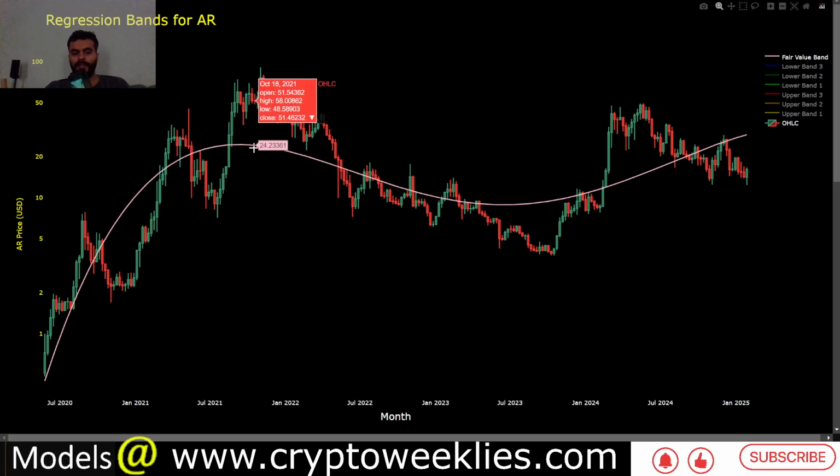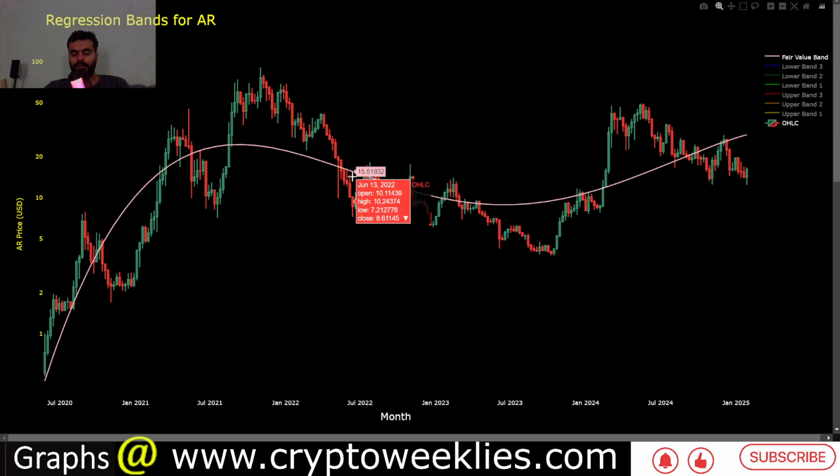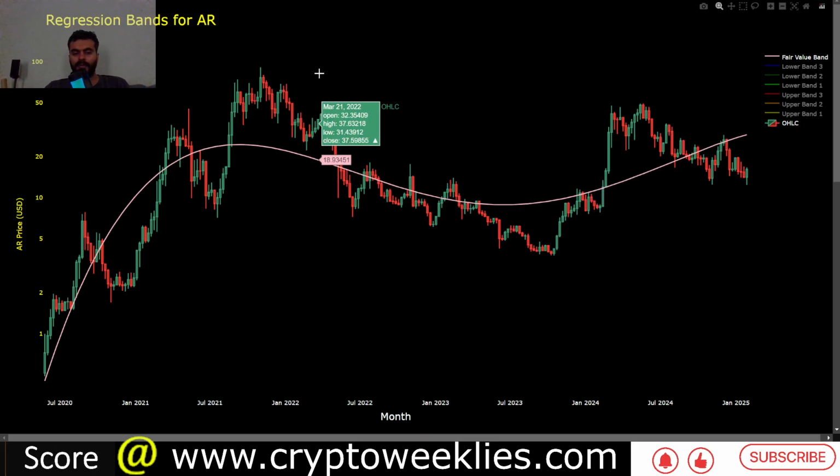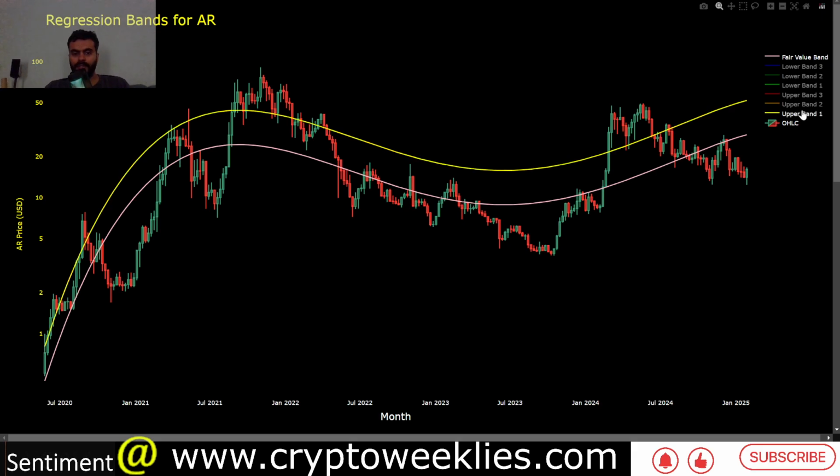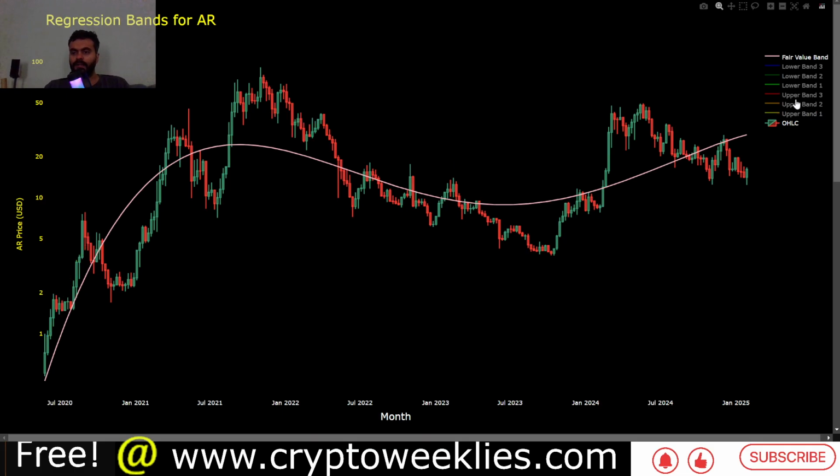In the bear market, the fair value goes down with time, so as to enable estimating a buy zone ideally below this pink line, and a sell zone above this pink line, based on some residuals, again one standard deviation residual to the upside, to help identify where the cutoff point for the euphoria phase starts.